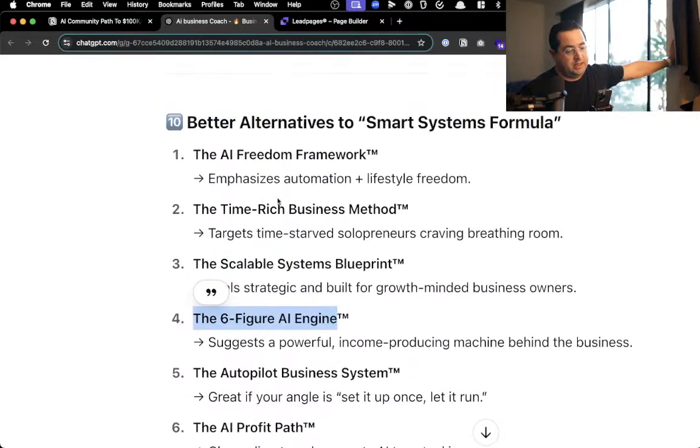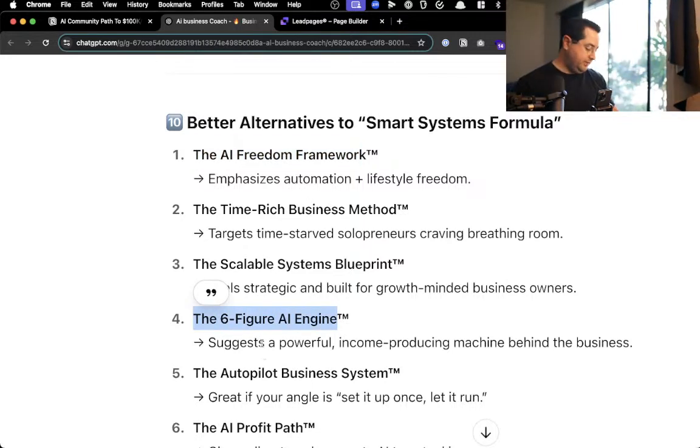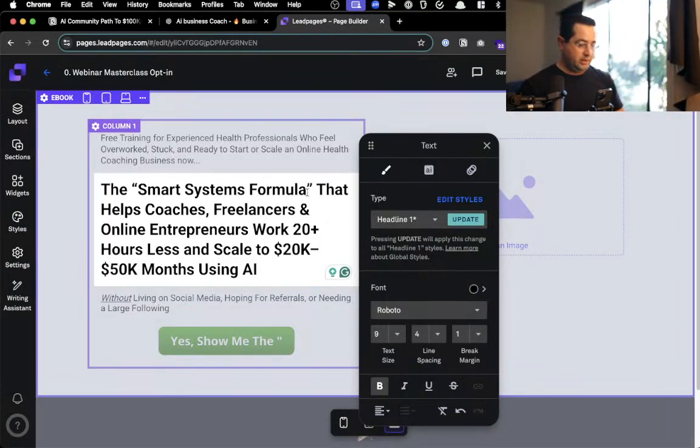I like it's either the six-figure AI engine or the AI Freedom Framework, time-rich business method. The six-figure AI engine. Because if you guys really want to nerd out about it, it's exactly what they're going to go through anyways. The six-figure AI engine that helps coaches, freelancers, and entrepreneurs.